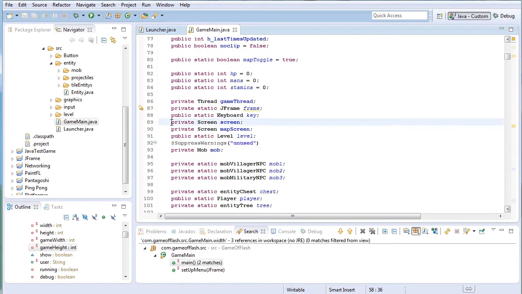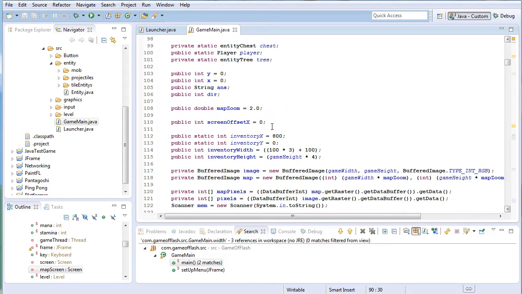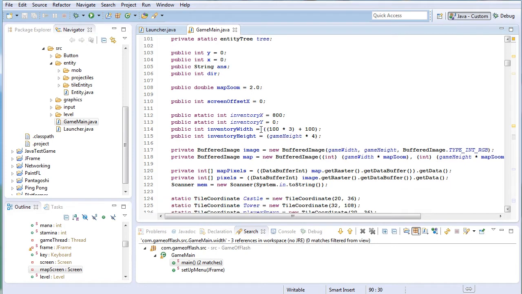Okay, so first you need to define a new screen. So just do private screen and map screen, I call it. Then you want to move down. I have a map zoom double. Yeah, make it a double. Then you create a new buffered image